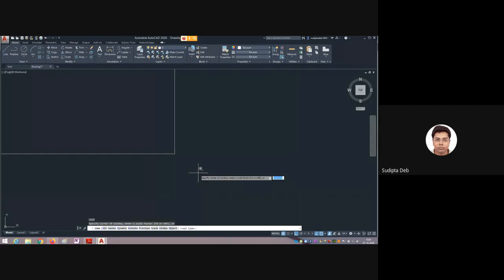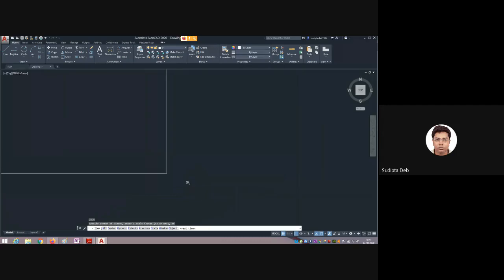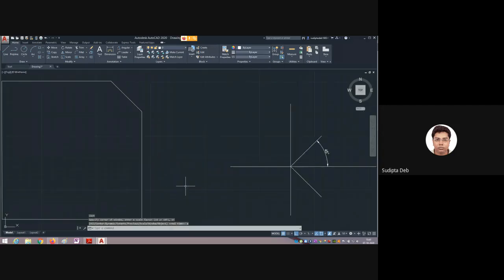Now you can see in the command line "all" is written. So what I am doing, A enter. A for all. Right now you can see all the drawings come out inside the drawing space.